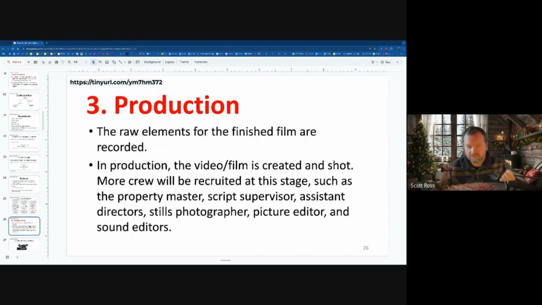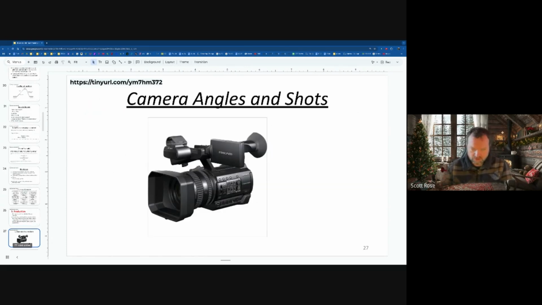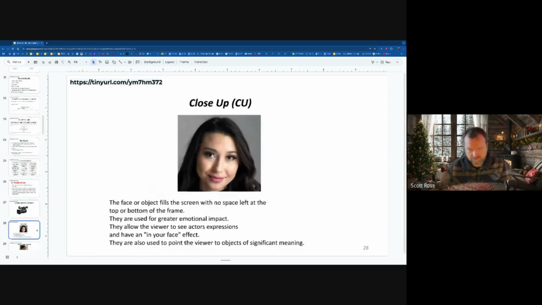So moving on to filming. Production is when the video is created and shot. So basically you go out with the camera and microphone and tripod and crew and start filming. You want to film following different cameras, angles, and shots. So for example,